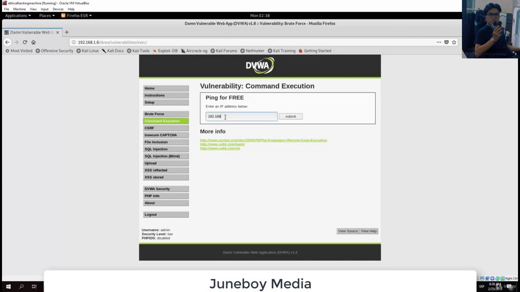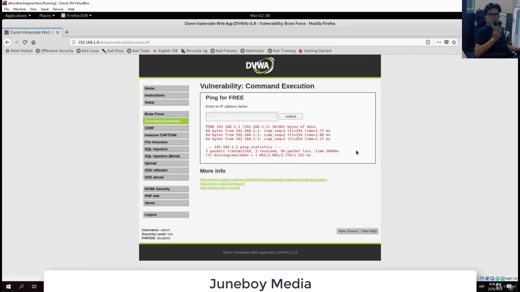Let us ping my router, since it is online, of course. I wouldn't be able to access the internet if it wasn't, and we can see the pinging results. So it performed 3 ping scans, and we can see that it received 3 packets. So that's good. But let's say, for example, you think that this is possibly vulnerable to command execution, and you try a simple command, which is